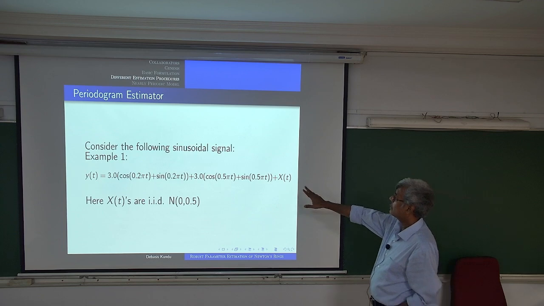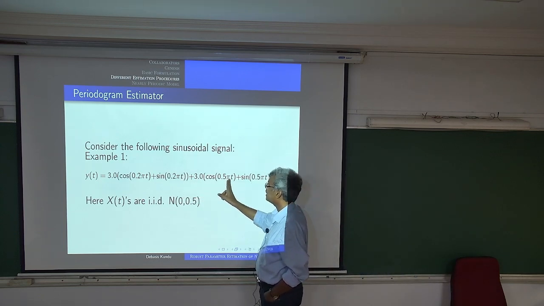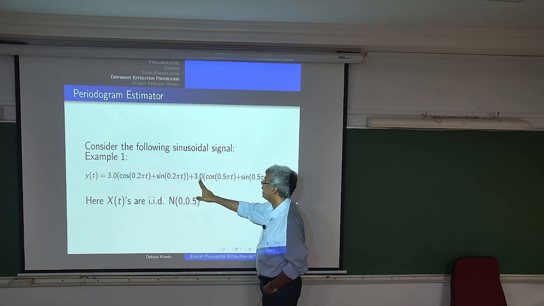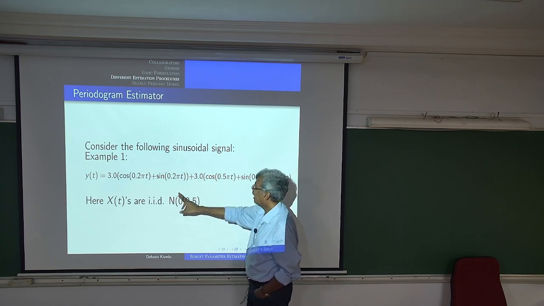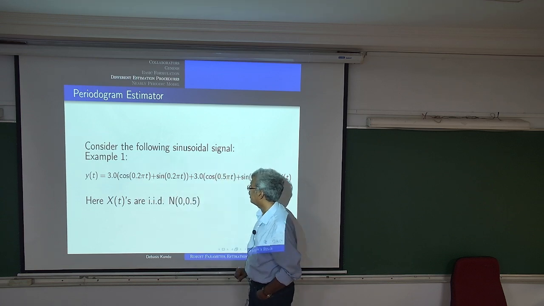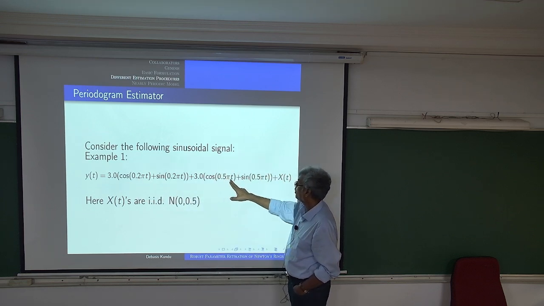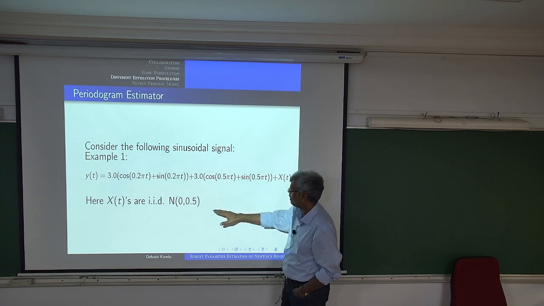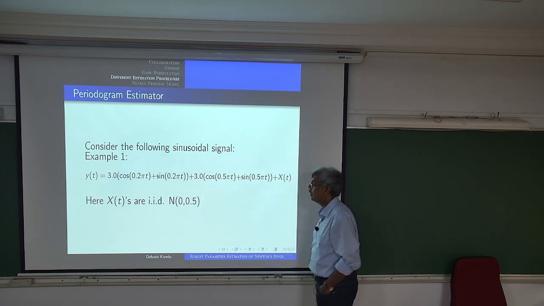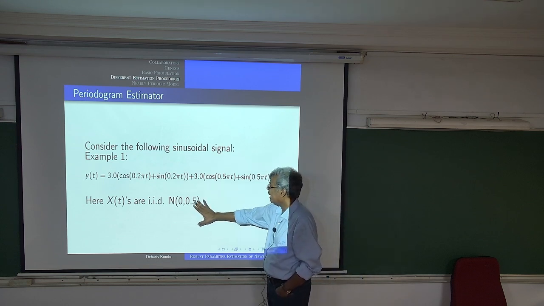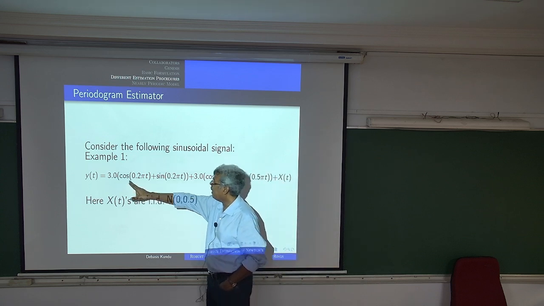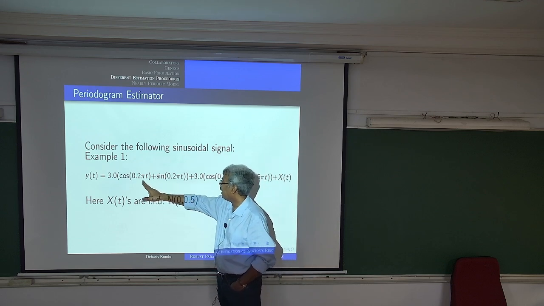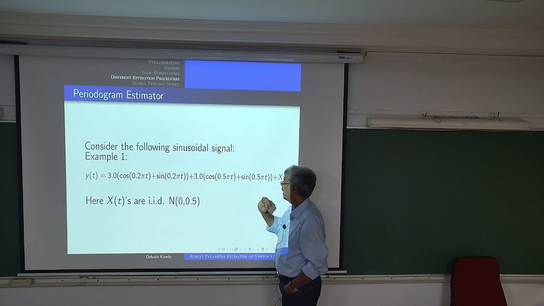Okay, so let's look at a simple example. I am just looking at two components. You can see that this is my A1 B1 and this is my A2 B2. So I have a two component model. Omega 1 is 0.2 pi, and my omega 2 is 0.5 pi. And this is my error xt, and I am simply taking it to be Gaussian error with mean 0 and variance half. Okay, I am taking a very simple one. My A1 B1 are both 3, my A2 B2 are both 3, omega 1 is 0.2 pi and omega 2 is 0.5 pi.